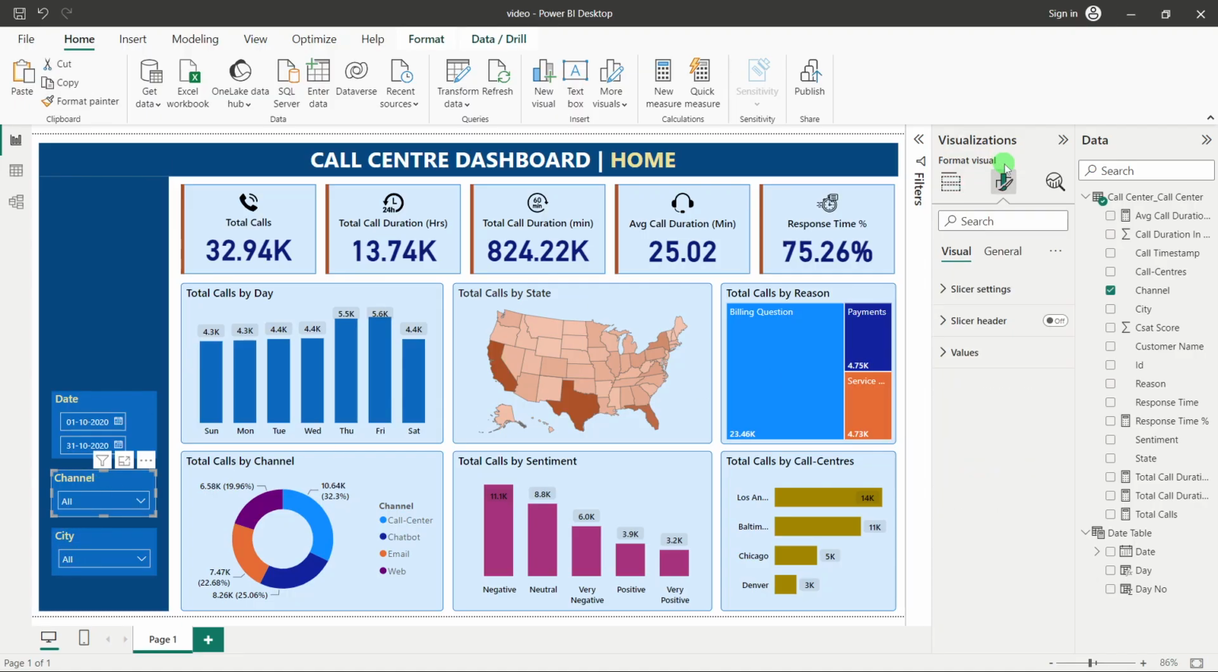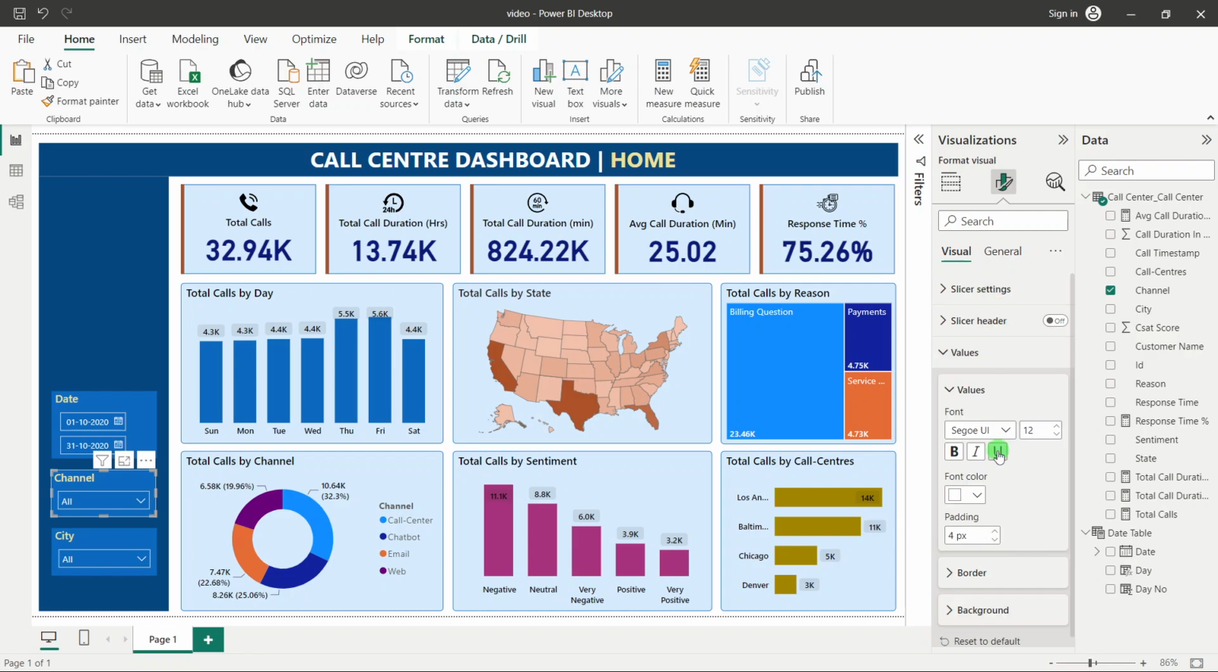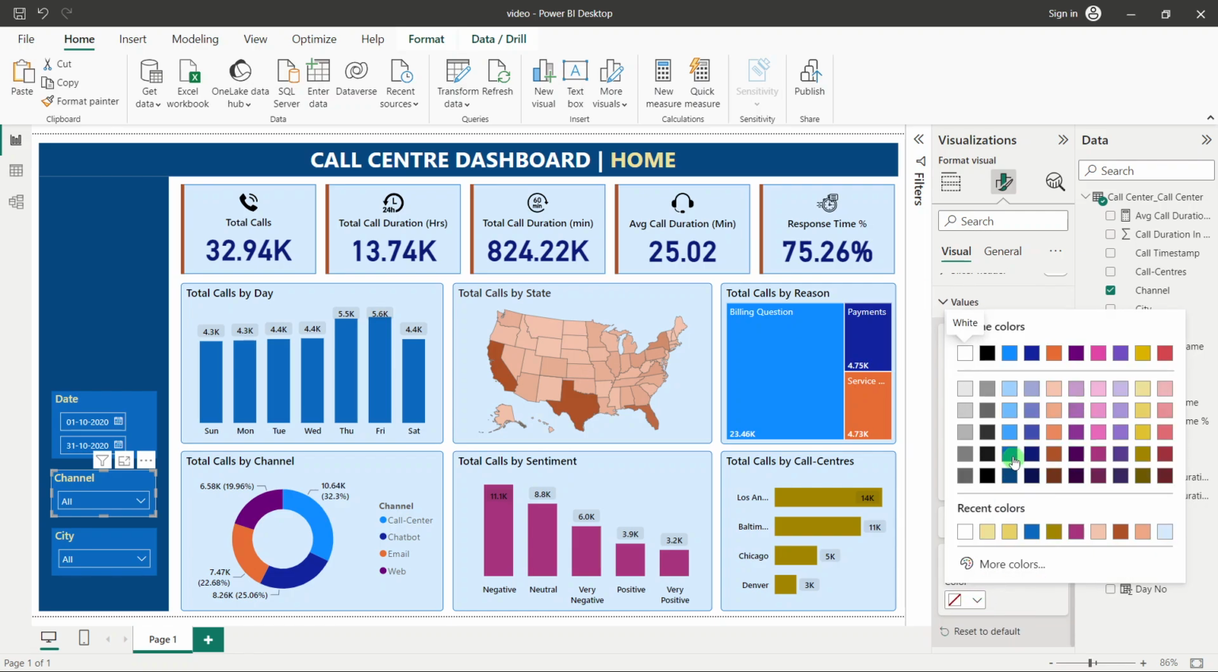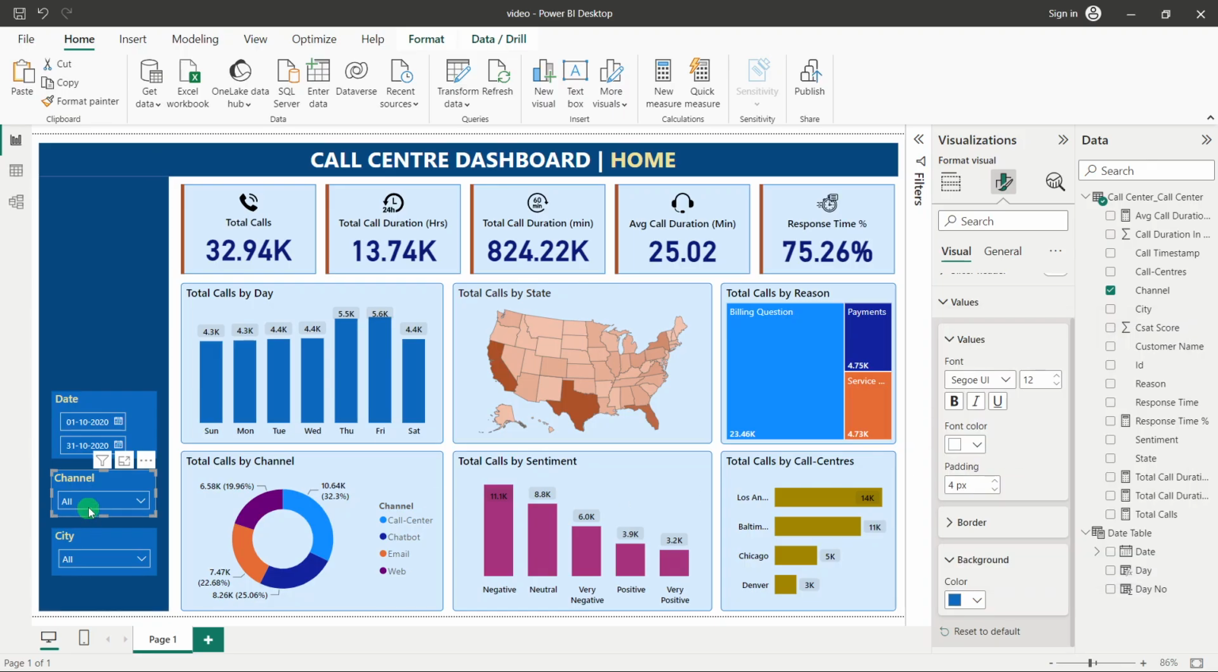So just go in format visual, then go to values, and here you have an option called background. For background also we will choose the same color over here. Now you can see the background is there. Instead of white we have a blue background, and in that we can see different text over here. Same I will do for this. So just click on format painter and click over here, and you can see it has been